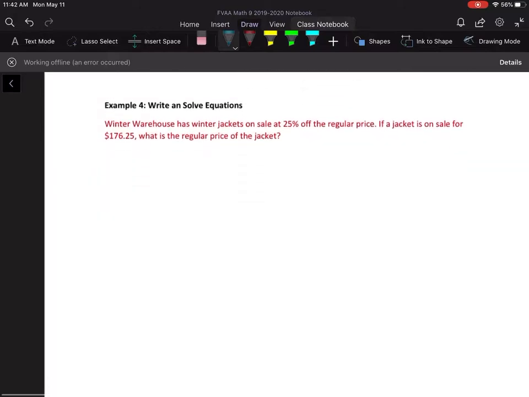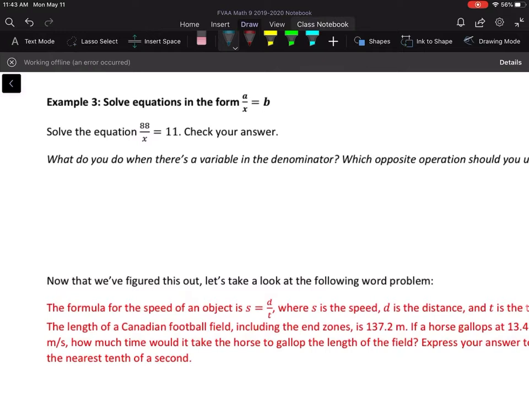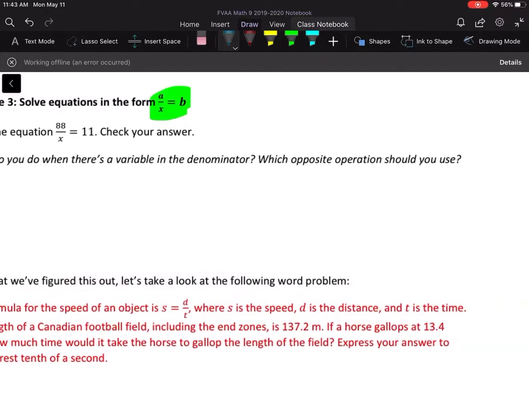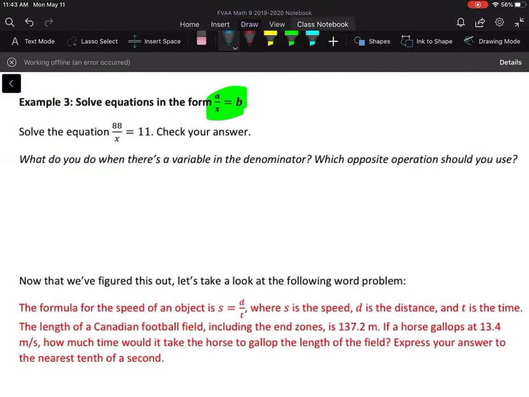Sometimes you'll see questions that are a little bit trickier. I'm solving equations in the form of a over x equals b. So solve the equation 88 over x is equal to 11 and check below. What do you do when there's a variable in the denominator? Which opposite operation should you use? Essentially, you have to bring your variable back to the numerator position and then isolate